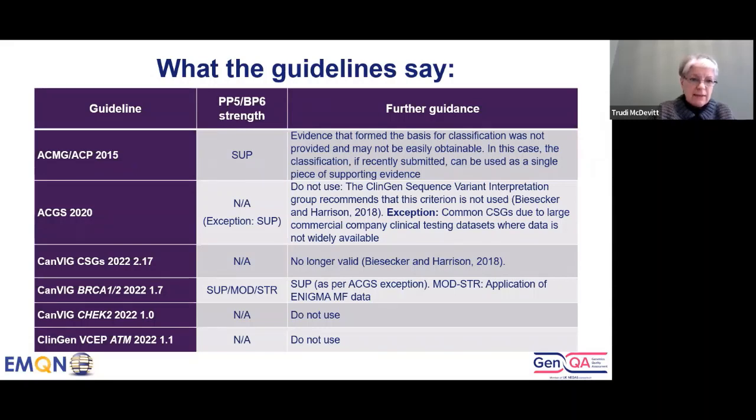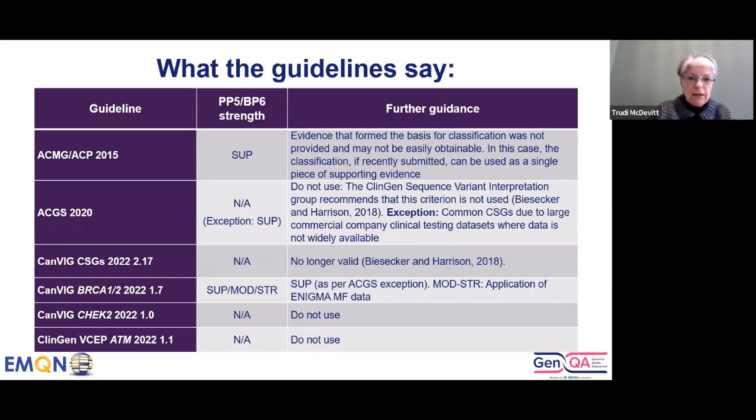However, the updated cancer susceptibility genes guidelines that came out in December 2022 have removed the use of this code under the exception rule, based on the Biesecker and Harrison SVI recommendations. The BRCA1 and 2 2022 guidelines will be following this recommendation very shortly, but at the moment in this guideline that's still available to refer to, the exception rule is still allowed,